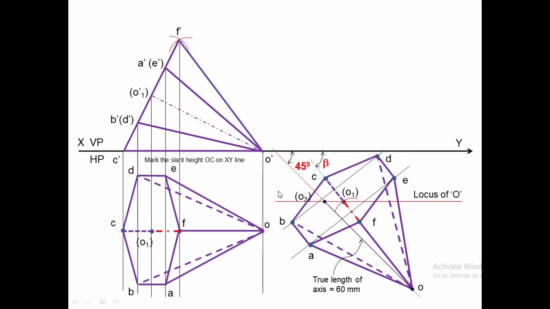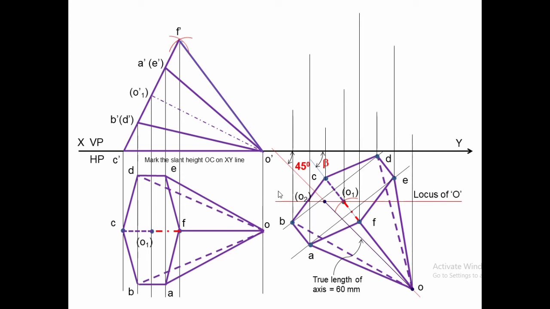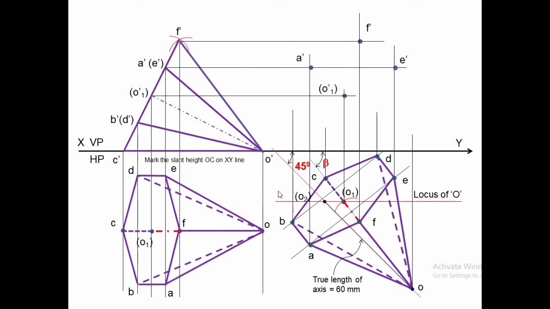Now to get the front view, project all these things from all the corners upward. Draw the horizontal projectors to get the corresponding points in the front view, like what I am showing now. Now the last part is to mark the visible and invisible lines. We will take now the longest line away from XY line, AO. So where is AO? It is here. Mark that AO by thick line.